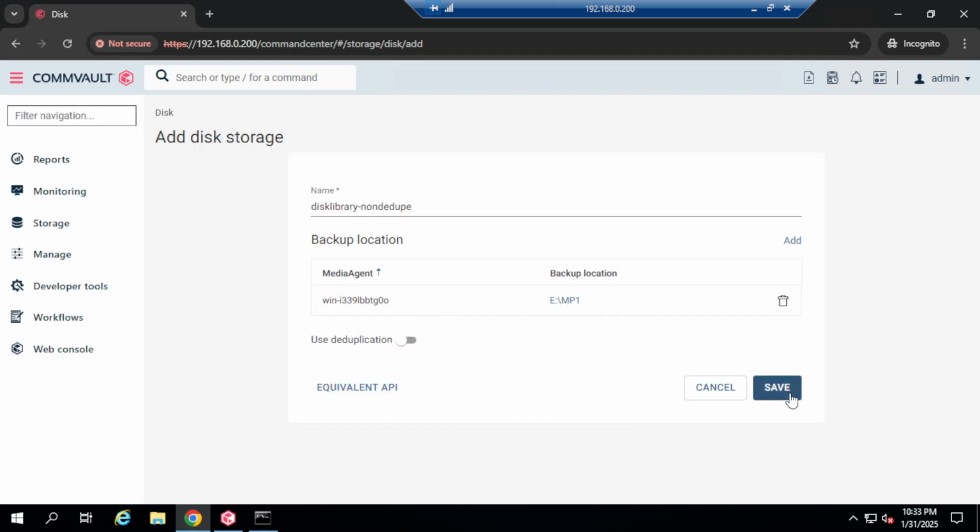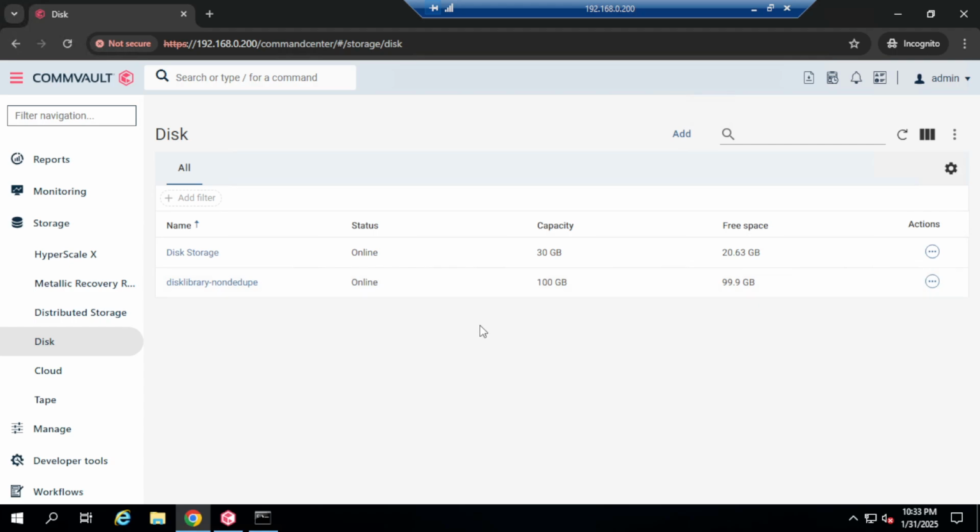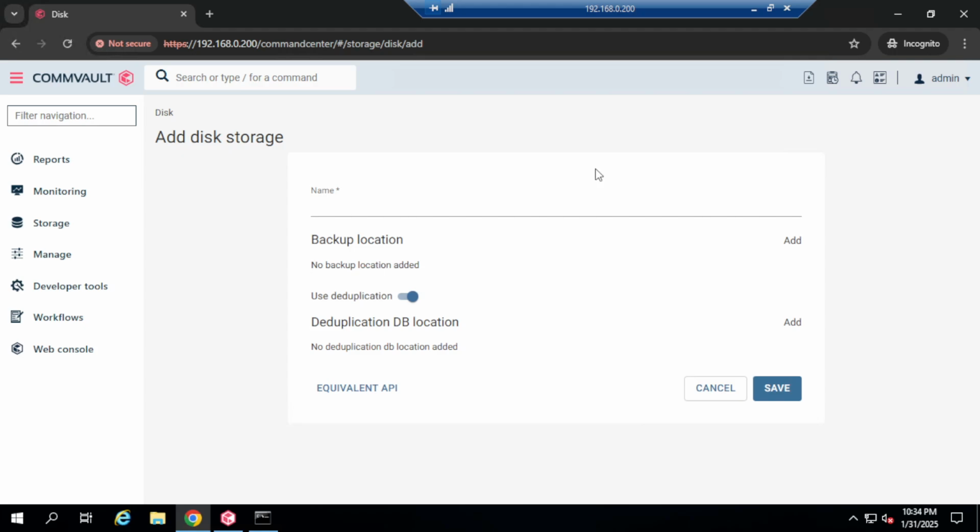So now it is added. Click on save. See how simple it is. We selected the folder location, and that's it. So it created a disk library non-dedupe. Let me show you one more thing. I will show you adding another disk library,